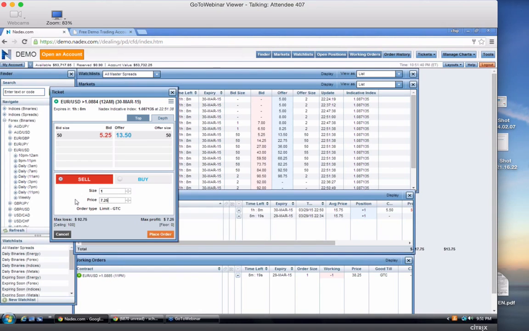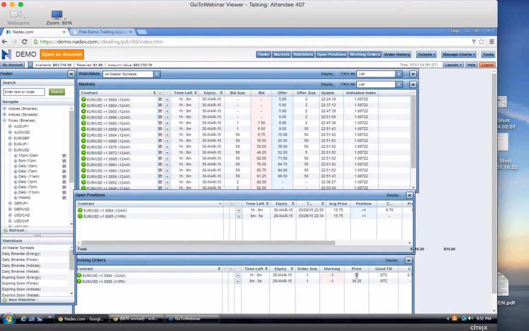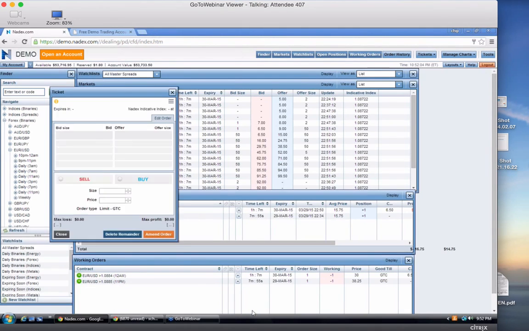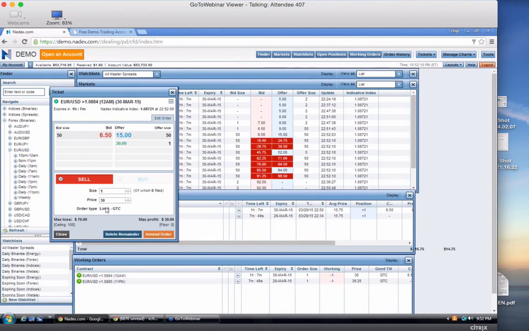So what I want to do is take a profit. I purchased it at 15.75. I'm going to put an offer in at 30, and I'm going to place the order. And that's my working order right here to take profit against this position. Now, if we're watching the market and I want to get out, well, there it is. My ticket's all queued up, so I could just hit the bid, amend the order, and then I'm flat.